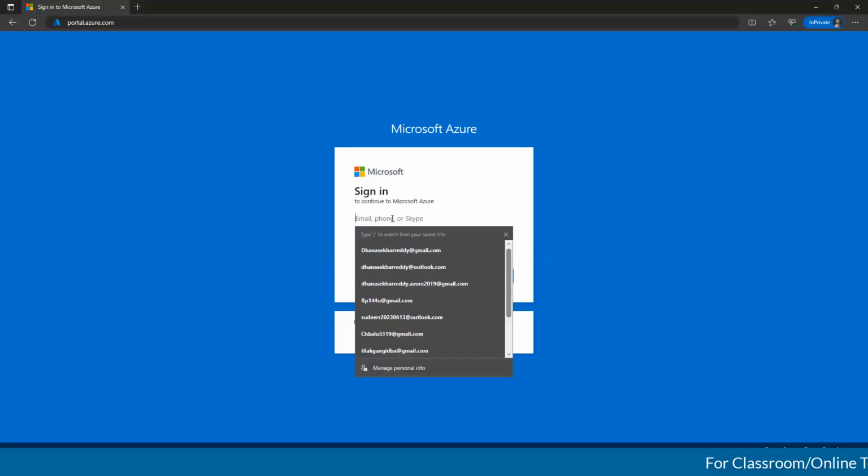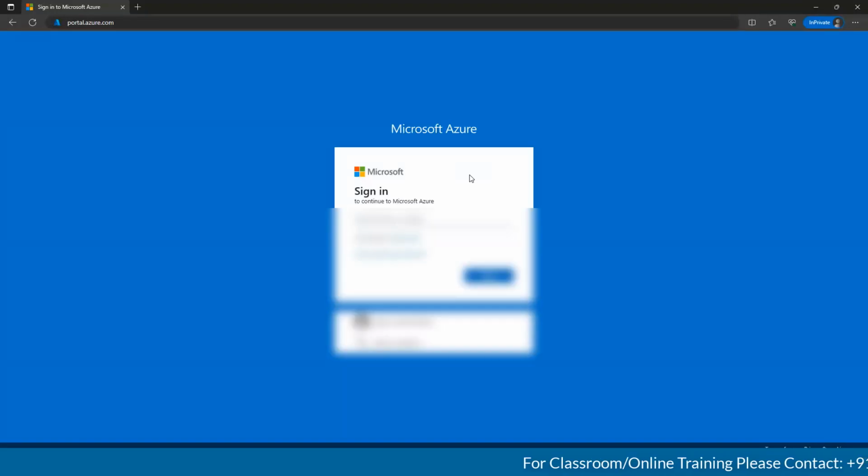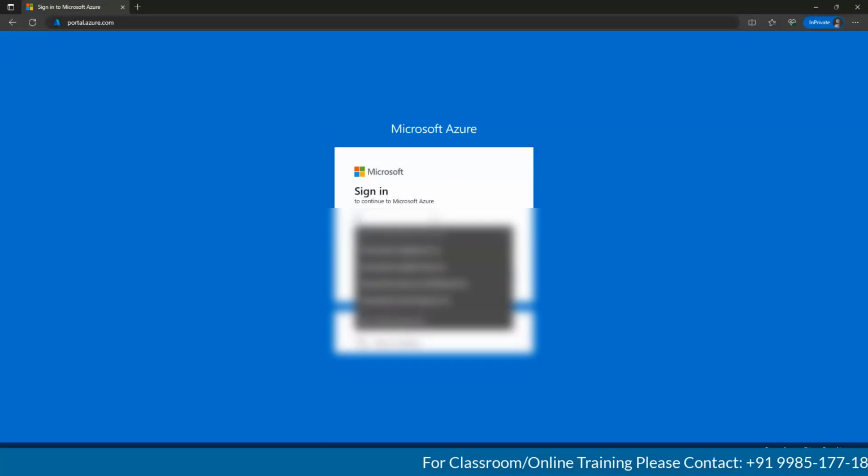Now enter the credentials. Whatever credentials you used to subscribe for the Azure free trial, the same details you have to pass. Same username and the same password, guys. I have entered my credentials.